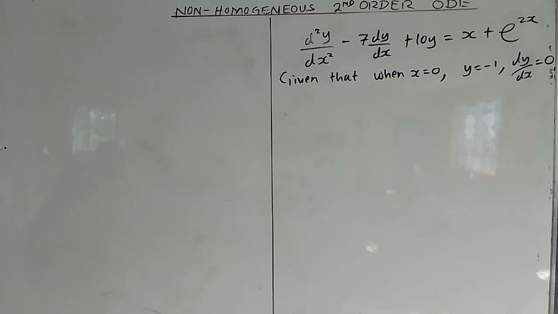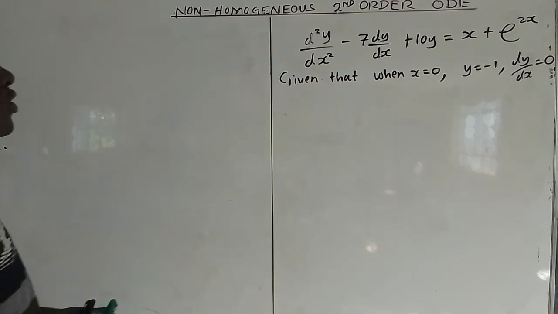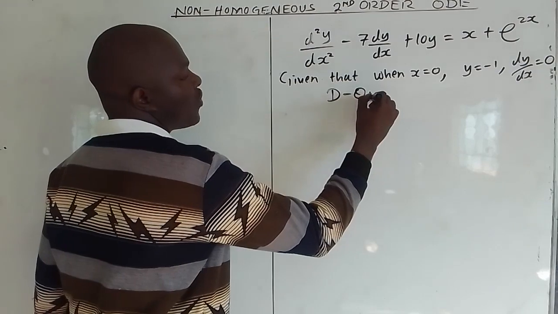Undetermined coefficients. Use the method of undetermined coefficients to solve the differential equation d squared y over dx squared minus 7 dy over dx plus 10y equals x plus exponential 2x, given that when x is 0, y is negative 1, and dy over dx is 0. Are we together? Now, we've been told to use the method of undetermined coefficients, so we want to use